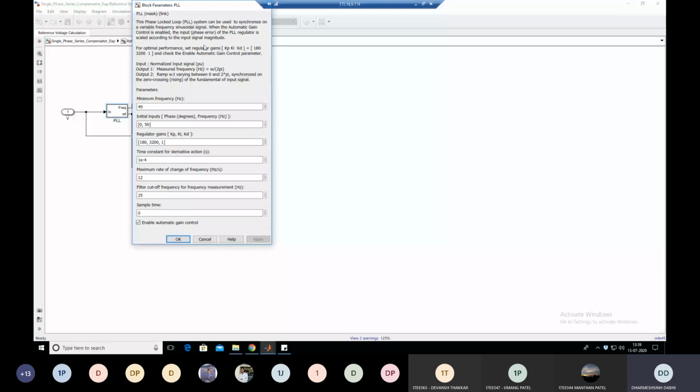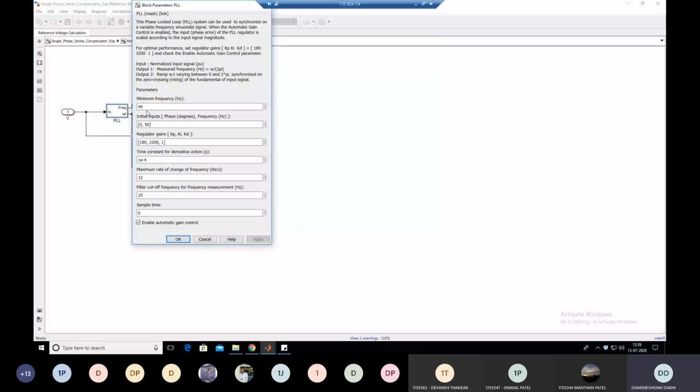So that provides the automatic gain control system. So here this regulator gain, you can see it as 180, 3201. That is an optimal value of the gain for which it provides the regulation of the voltage. And here you enable this automatic gain control. So that automatically controls the value of the gain and provides regulation at the load side near 1 per unit voltage. So here are the different parameters in this PLL block: minimum frequency, so how much variation